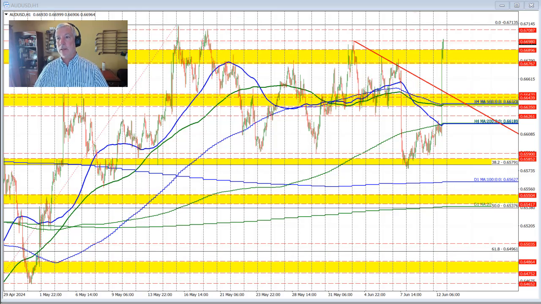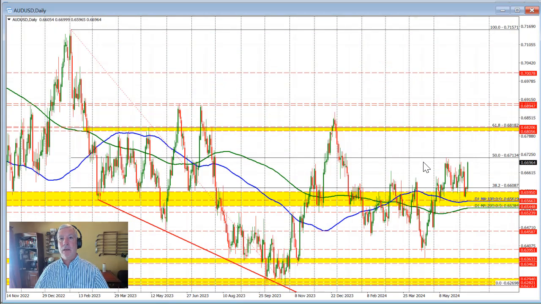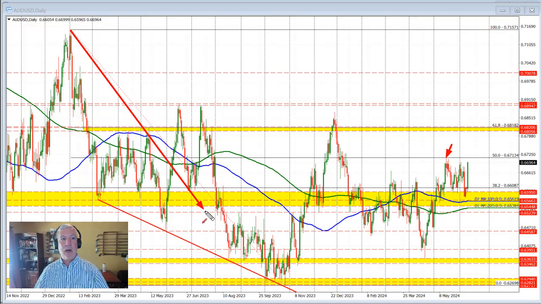Take a longer look at the daily chart. Where do we stand in this currency pair? Well, note here that the high price that we saw in the month of May stalled right near the 50% or right at the 50% retracement of this move down from the high price going back to, it looks like, 2022 maybe, to the low price that's seen in October of 2023. That 50% retracement comes in at 0.67134, and the high price that we saw in the month of May stalled